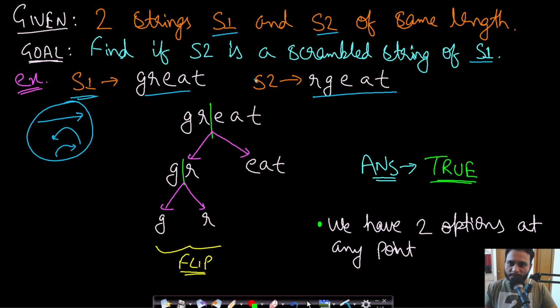Okay. So is it possible by applying these operations to convert S1 to S2? Or we can also say that we want to convert S2 to S1. It all depends on ourselves. So in this problem, we will try to convert S1 to S2. So if it is possible to convert S1 to S2 using the previous scramble string algorithm, then S1 will be a scramble string of S2. Or you can say S2 is a scramble string of S1, right?